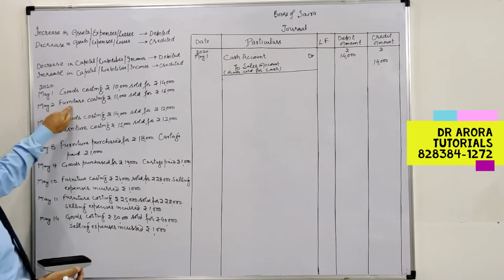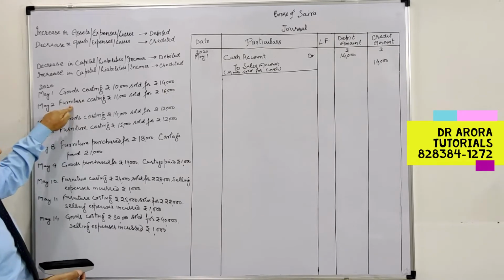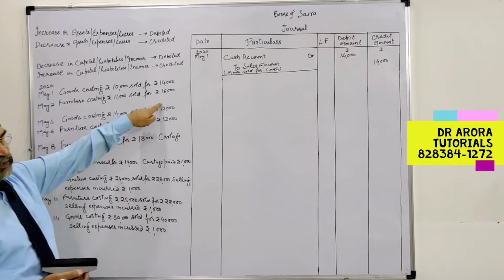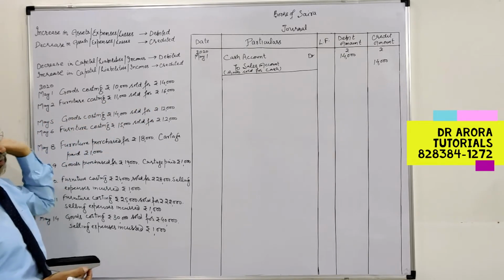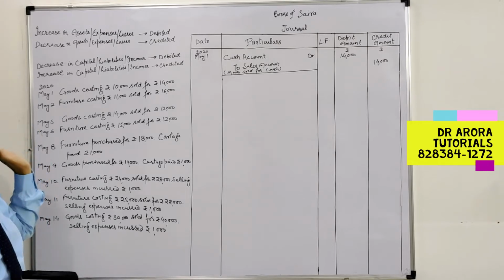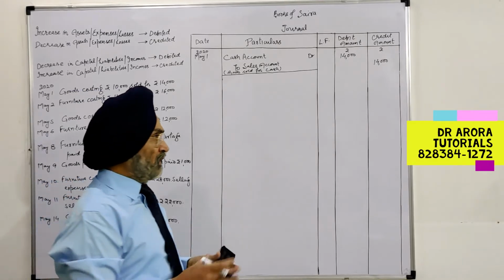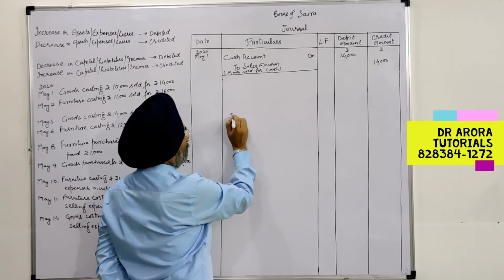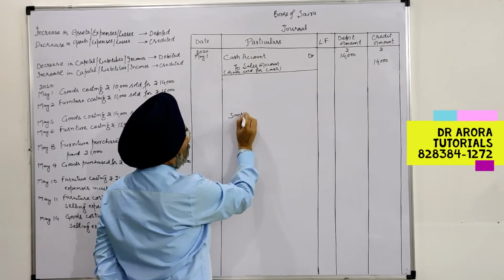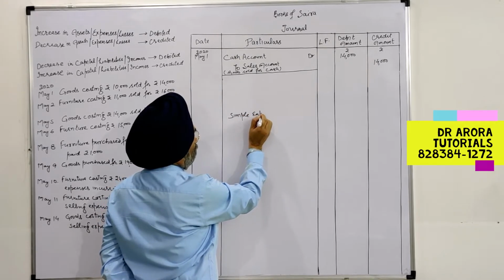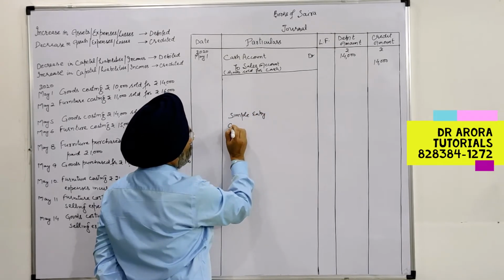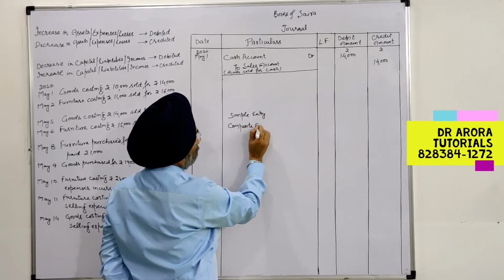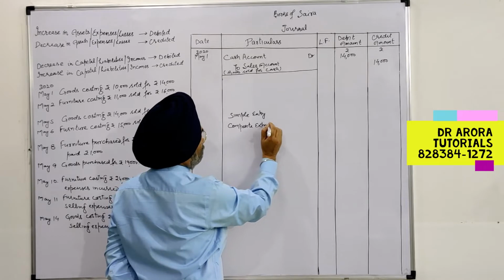But when we sell a non-current asset, fixed asset, long-term asset, any profit or loss is to be shown in the books of accounts. And so far we have discussed the simple entries, one debit and one credit. And now we will discuss the composite entry also. Composite entry, also called a combined entry.